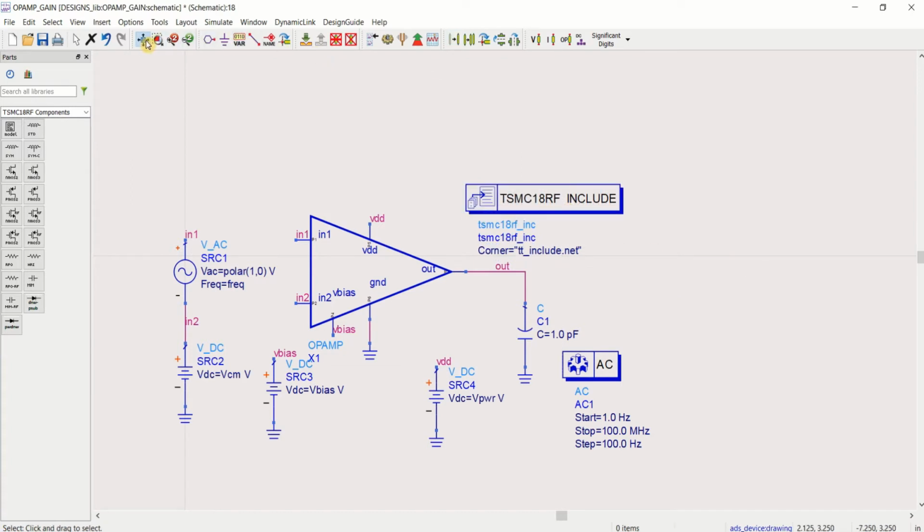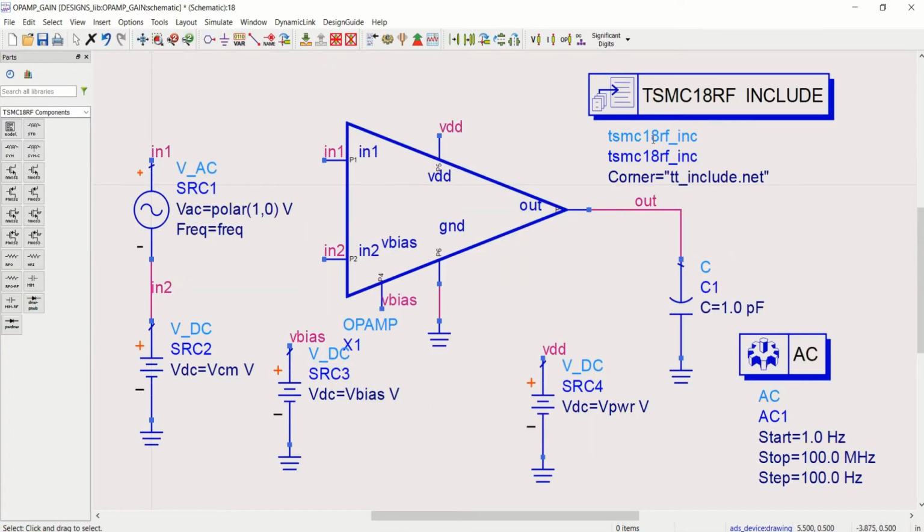It shows that it is a TSMC 18 RF including. That means you are including the typical model. There are other process corners like slow fast and fast slow, but I am using the typical model file. Save this design and simulate.